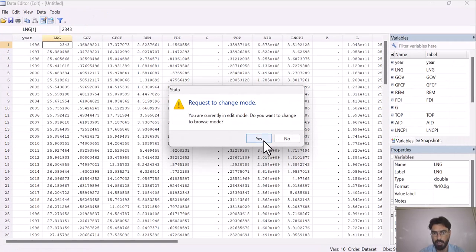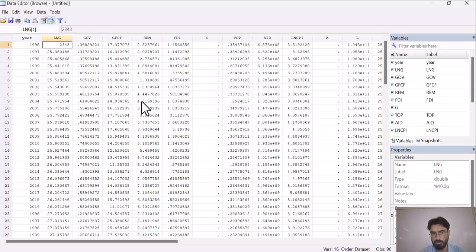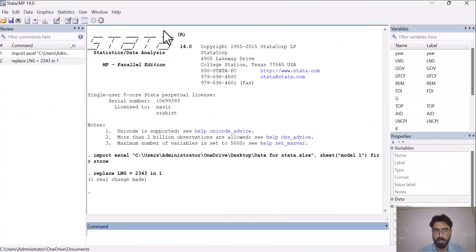Here it is asking, you are currently in data editor mode, do you want to change to browse mode? Okay. So now we are only in data view mode. As you can see, when I click on any of the columns, it is not allowing me to change the values. So if you want to change your values, you have to go with the option of data editor form.